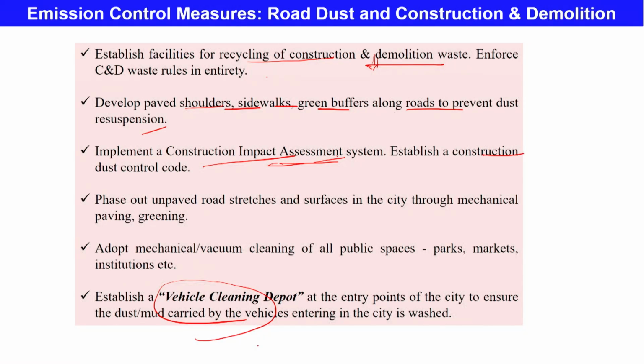So, what it will do, like when you go for washing of your vehicle, you get your tires and then the vehicles get cleaned with water. You have a very powerful spray of water, then it removes all those things. So, before entering the city, see, the idea is very simple, let the pollution not come into the city, because once the pollution comes into the city, it becomes very difficult to manage.